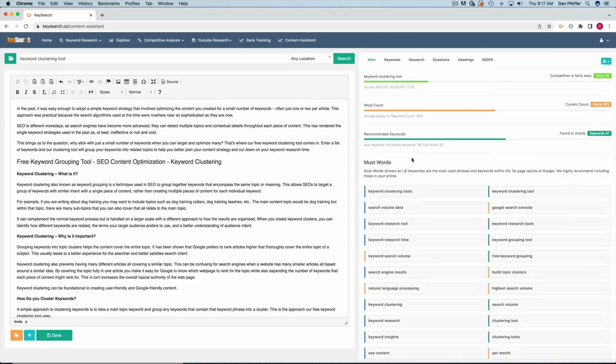So these must keywords are a great way to start optimizing your content a bit better for what Google's looking for. Up here, you'll see your competition score, which is the keyword difficulty score, the word count that we've found, the average word count for the top ranking pages, and your current word count for your article. So the average word count is 1655. We're only at 876, so we may want to add a bunch more content